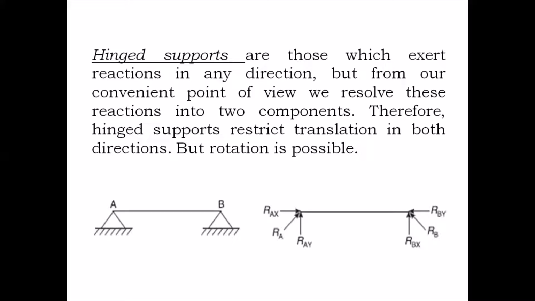Now, next is hinged support. How is hinged support denoted? Hinged support is denoted in the form of a triangle along with a single line. You will not have circles as you had in the roller support. So one needs to be very careful when distinguishing between roller supports and hinged supports. This is what is called a hinge support, wherein you will have a simple triangle along with the line,